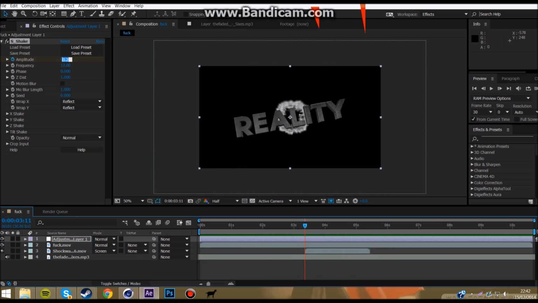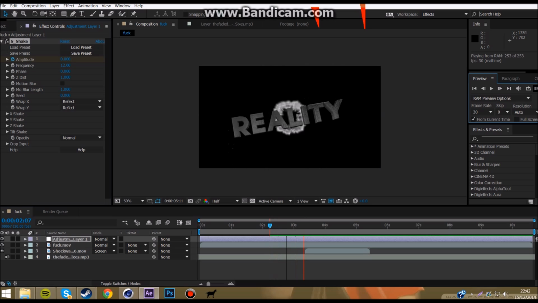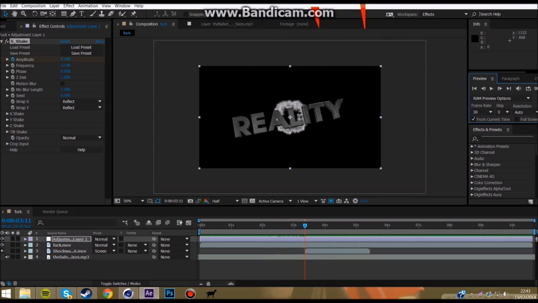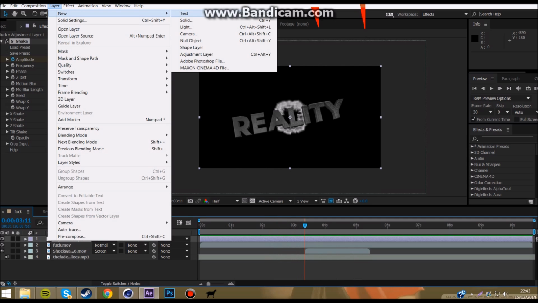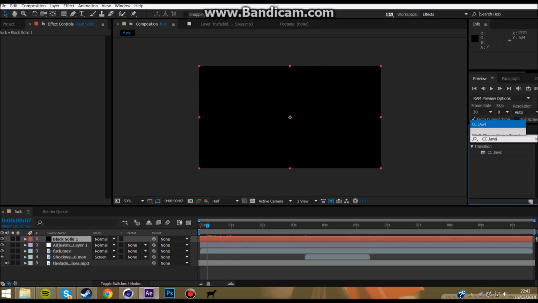But I think that's a little too much shake for now. But we can always go back and adjust that if it gets too much or anything. So what we want to do now is go to layer, new, solid, and this has to be on top, and go into effect and presets and search up CC Jaws